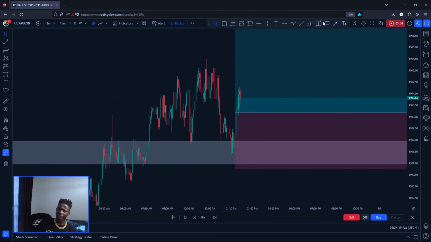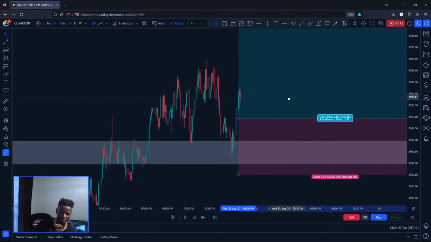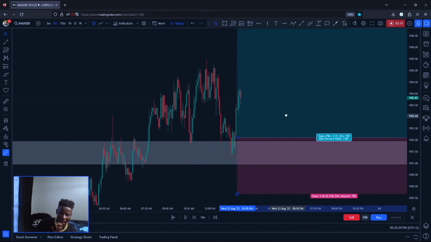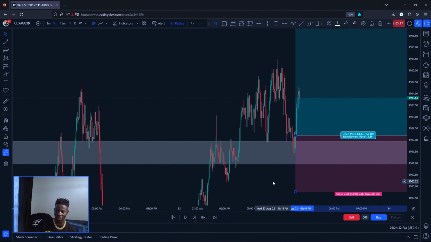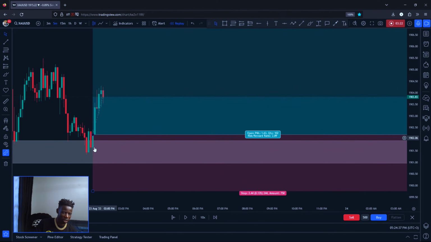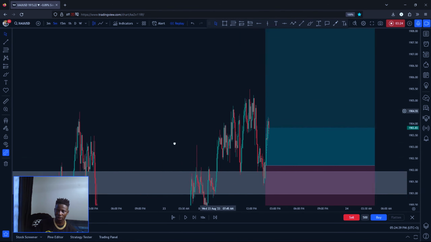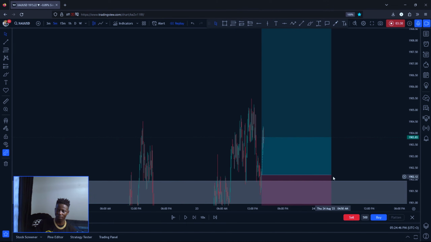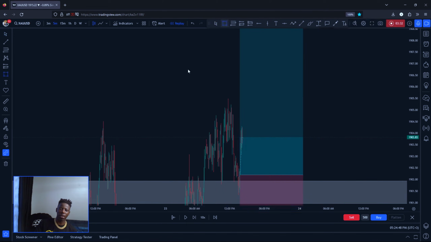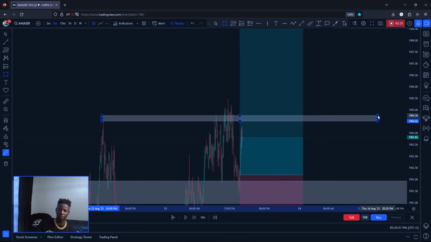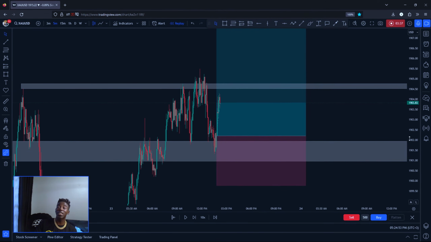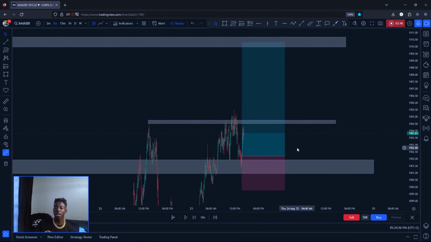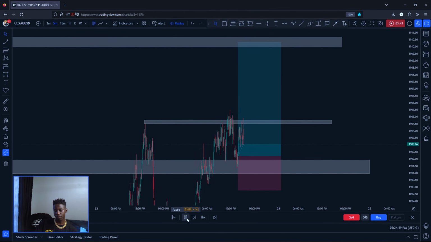Now you will see that the 15 minutes gave you an entry from this point, but the 5 minutes, the reason why I like 5 minutes, gave you an entry at this point, which is a very sniper entry. Are you seeing? After dropping, a bullish engulfing, the market went up. So let's see, my take profit will be around here. Then I will be taking partials at this level of resistance. We have this level where I take mini take profit, or take profit 1, take profit 2. It depends. Let's play and see.